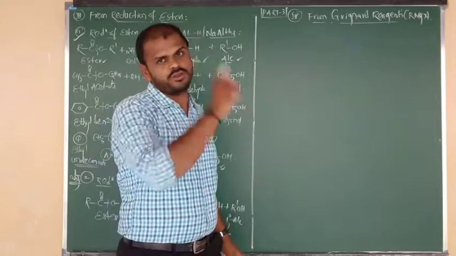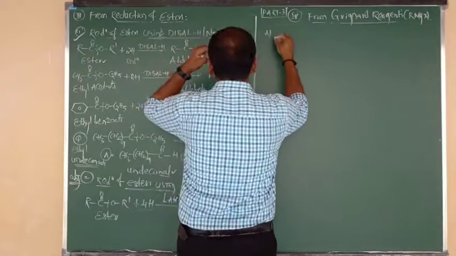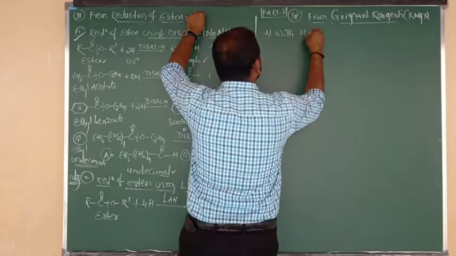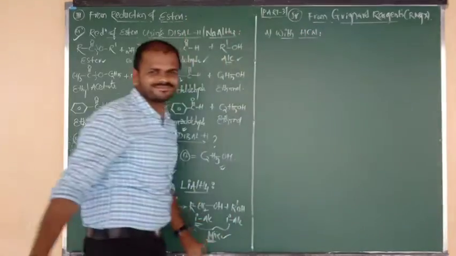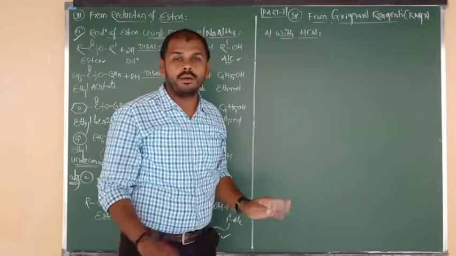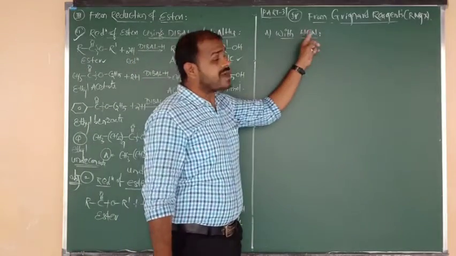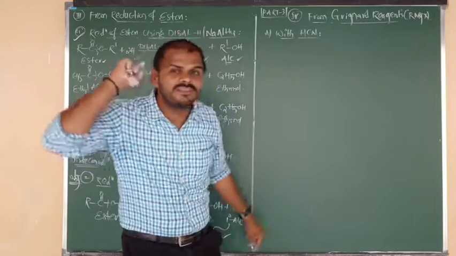Let me consider first of all the theory point of view. Okay? Good. So in that, number 1 is a reaction with HCN, meaning hydrogen cyanide. So by using Grignard reagent and by using HCN, we can prepare only aldehyde. Okay? In place of HCN, if I take RCN, now you will get the ketone.